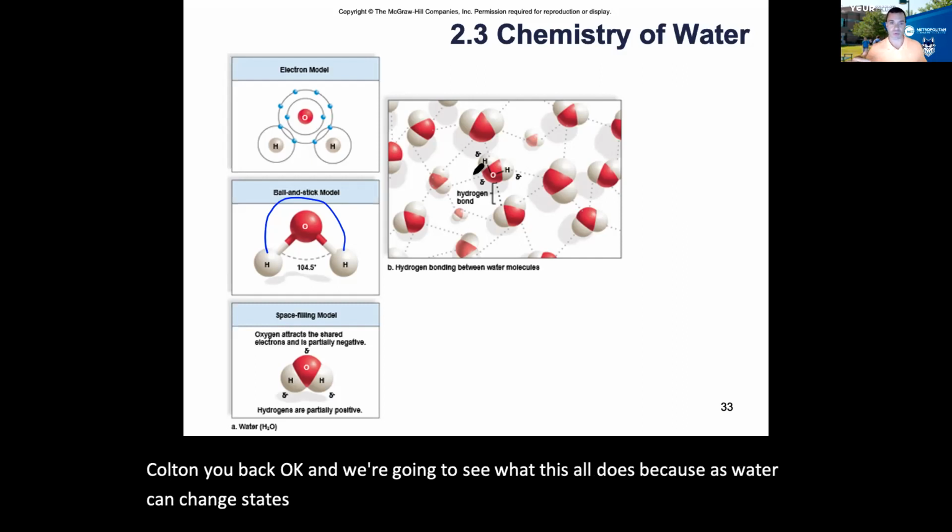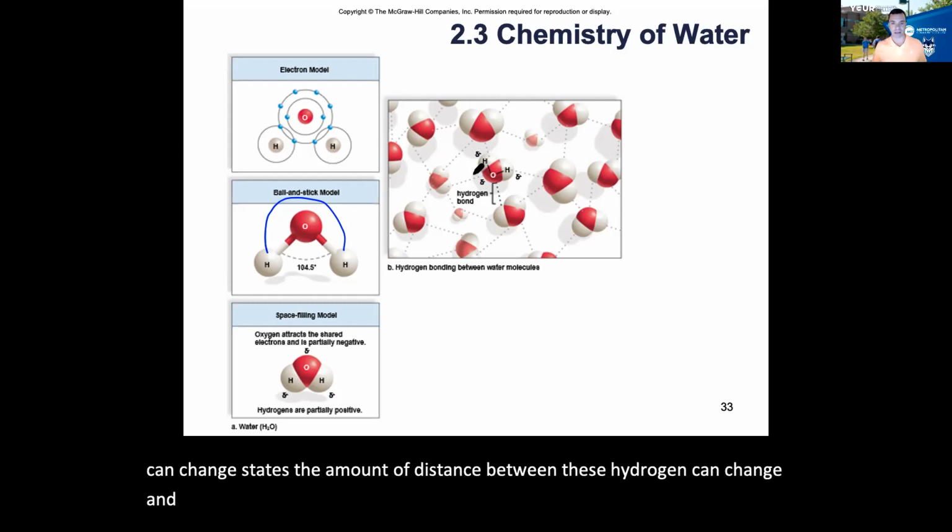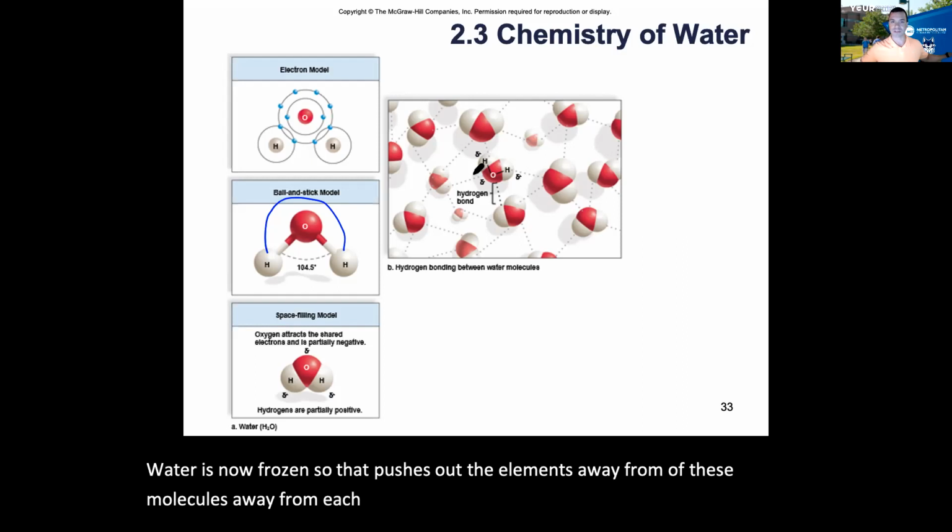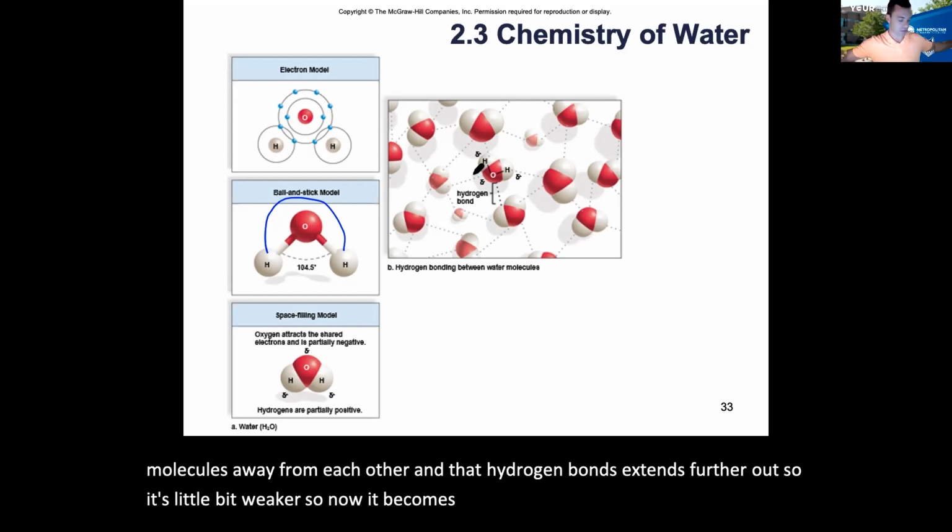Okay, and we're going to see what this all does, because as water can change states, the amount of distance between these hydrogen bonds can change. And when water becomes solid, the hydrogen bonds are pushed out a little bit because water is now frozen. So that pushes these molecules away from each other, right? And that hydrogen bond extends further out, so it's a little bit weaker. So now it becomes lighter in the process. And that's one of the characteristics of